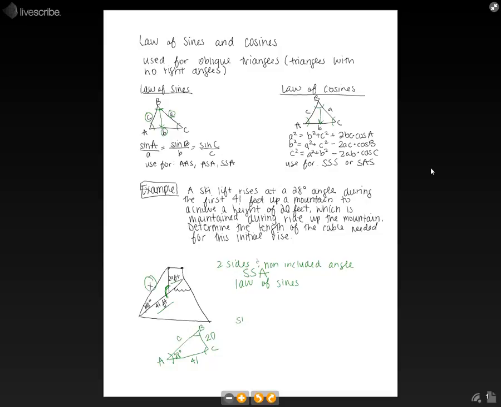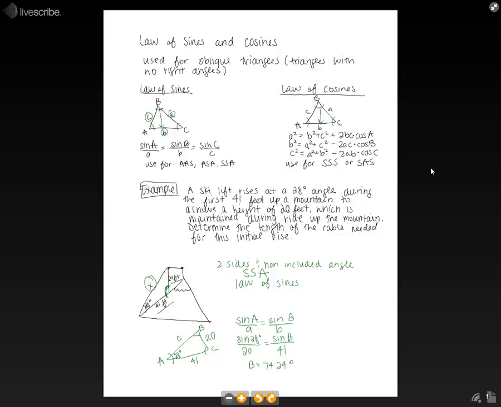So let's start with sine of A over a is equal to sine of B over b, and find the angle B. That means we'll do sine of 28 degrees over 20 is equal to sine of B over 41. So when you cross multiply and divide, and then take the inverse sine to find your angle, you get B is equal to